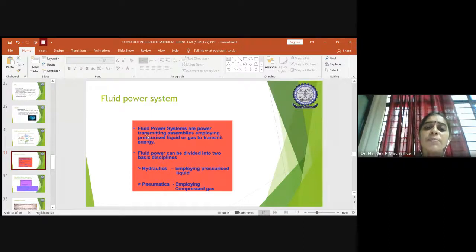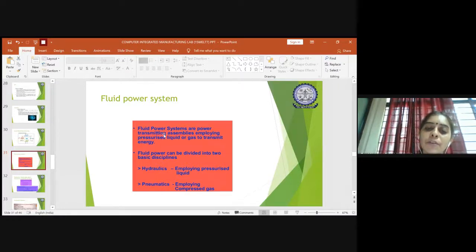So you know what you mean by a fluid power system. These are the systems used to transmit energy through the assemblies employed, doing work in a pressurized way to get the required energy transmitted. It could be either liquid pressurization or gas pressurization. Okay, so with the analysis of the fluid at rest or in motion with respect to changes in pressurization, you will evaluate what energy is being transmitted, right?